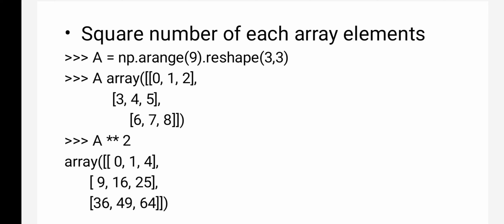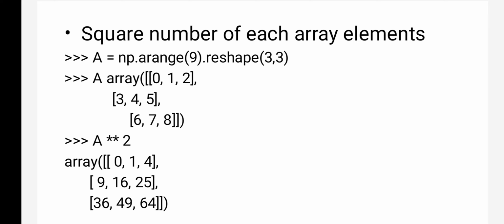First I have created an array A equals np.arange. How much range have I given? 9 elements, which means the array is created with 9 elements, that is 0 to 8. And what is the shape of the array here? 3 rows, 3 columns. Shape is nothing but the first parameter for a row and the second parameter for a column. Now, when you print A, what will you get? Array 0, 1, 2, 3, 4, 5, 6, 7, 8.